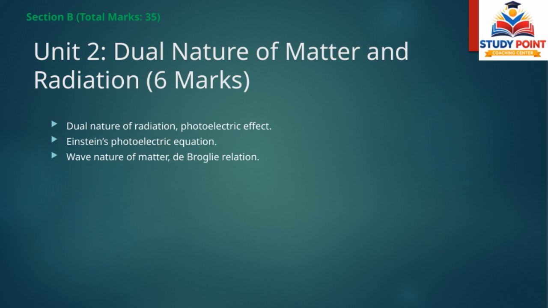We'll look at Einstein's photoelectric equation, which explains how electrons are emitted from a metal's surface when light shines on it. This was groundbreaking because it demonstrated the particle-like behavior of light, which was a major shift from the classical wave theory. Next, we'll discuss the wave nature of matter, which might sound surprising because we usually associate waves with